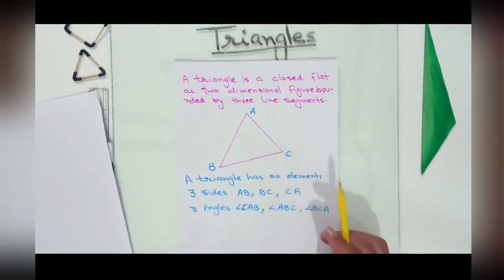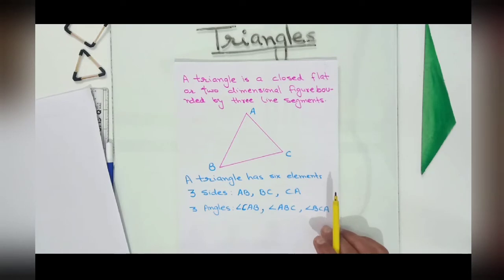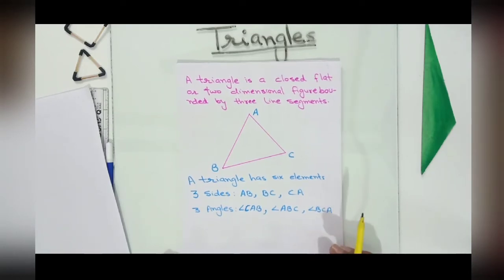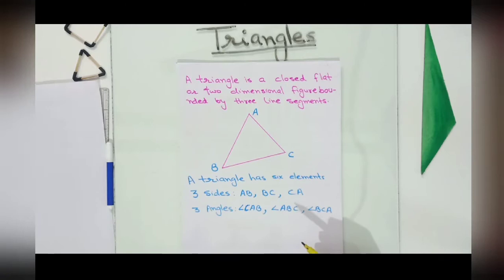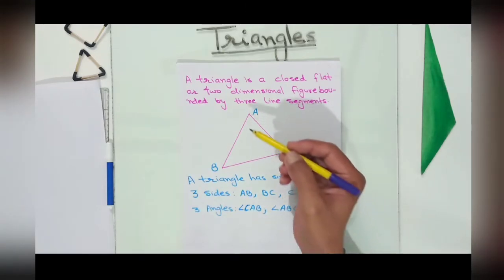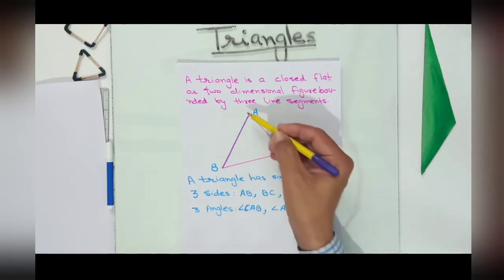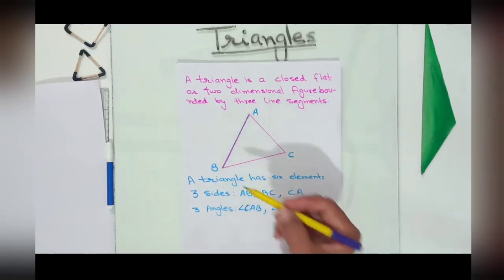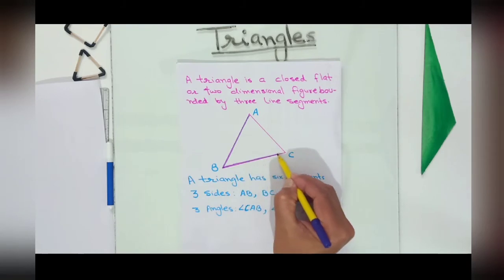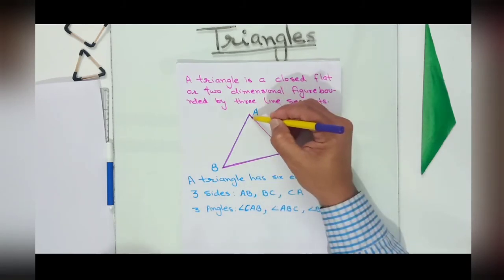And here you can see triangle ABC, and a triangle has 6 elements, that is 3 sides and 3 angles. Now in the given triangle we can observe that it contains 3 sides, that is AB, that I am again drawing over, I am overlapping it, AB. After that this is side BC and this is AC,